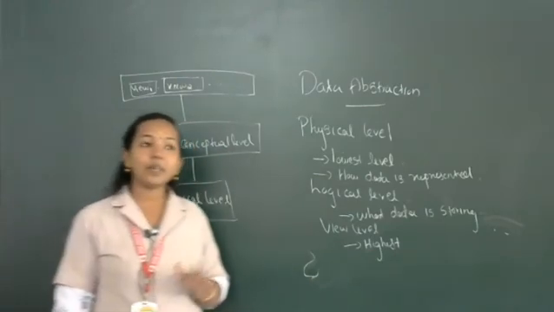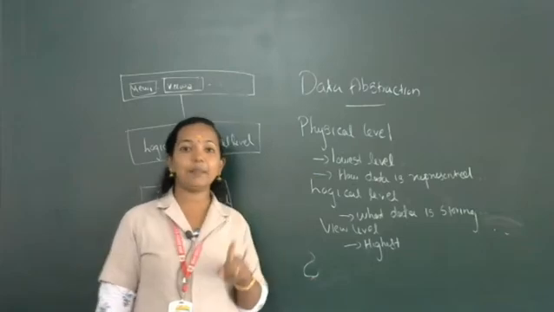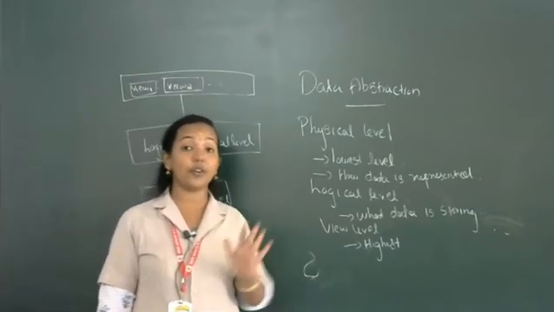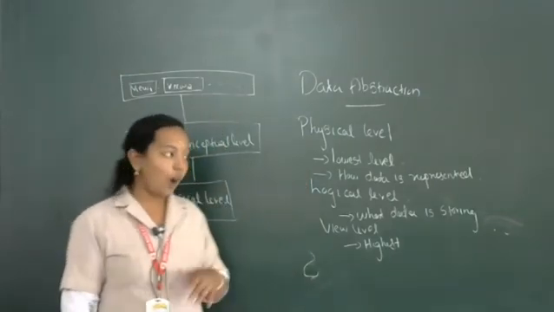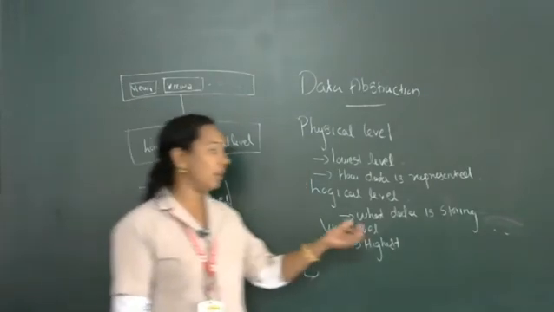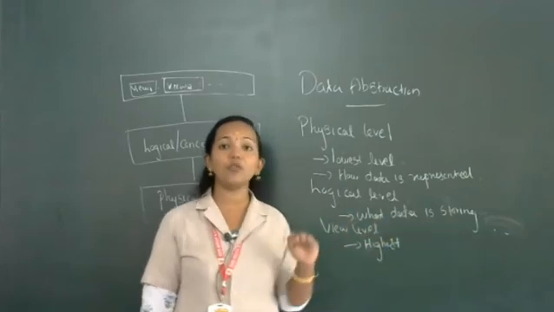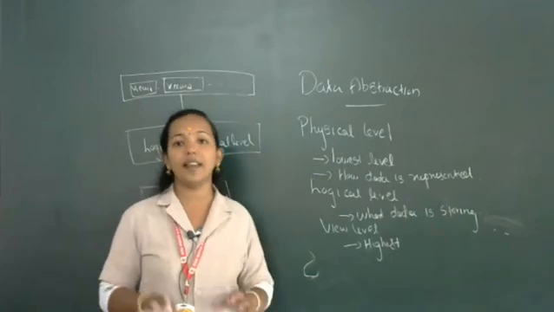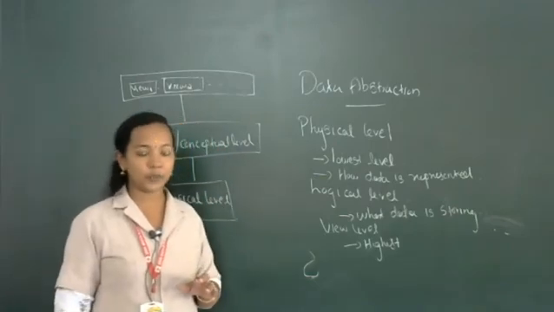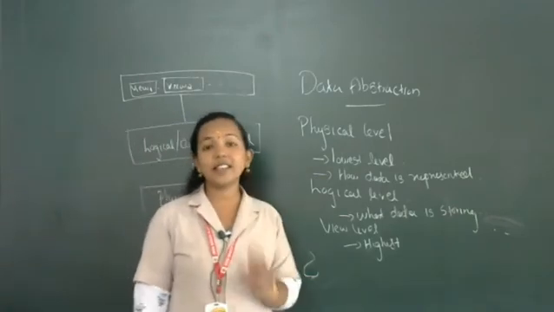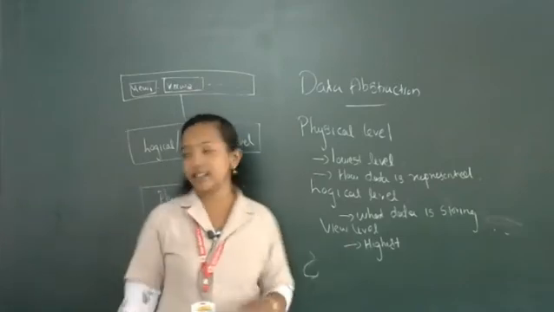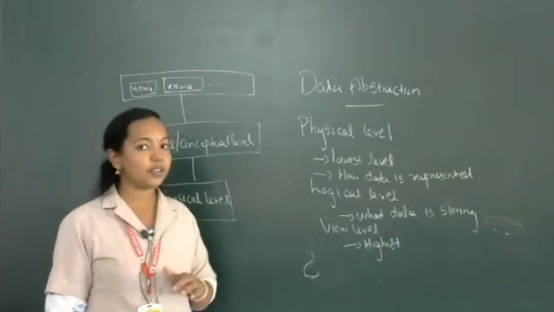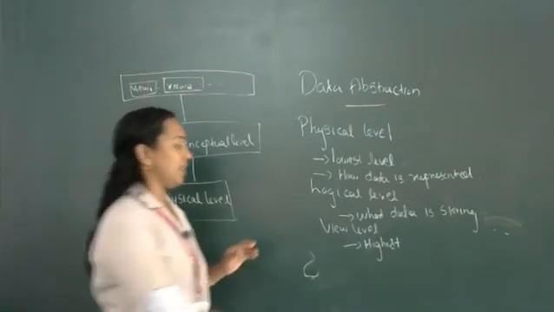In the logical or conceptual level, we specify using a programming language. I already mentioned there is a person called the database administrator, who has overall control of the database. So the DBA also writes some of the instructions in the logical level. The entire logical concept is developed in the logical level using a programming language. Then the highest level of data abstraction is the view level. View level means according to the user's choice, we view the result.